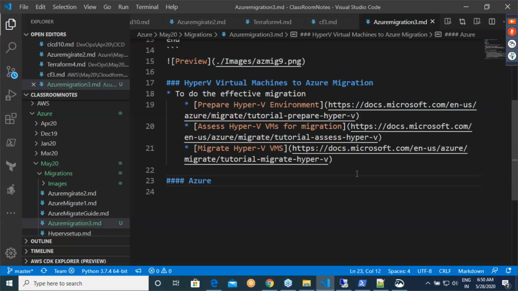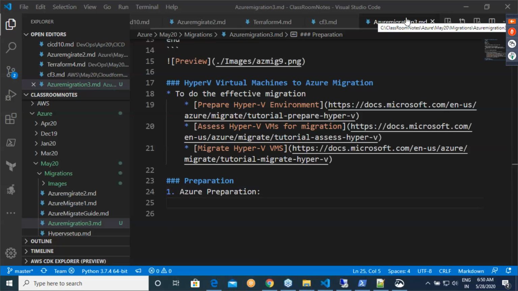Azure preparation phase. In preparation phase, the first thing which you would like to do is Azure preparation activities. Is there anything which you need to prepare in Azure? In the case right now, we might not need any kind of preparation. But whenever you are trying to use your organization account, you are not the owner of that account. So you need to give some special permissions to that account.